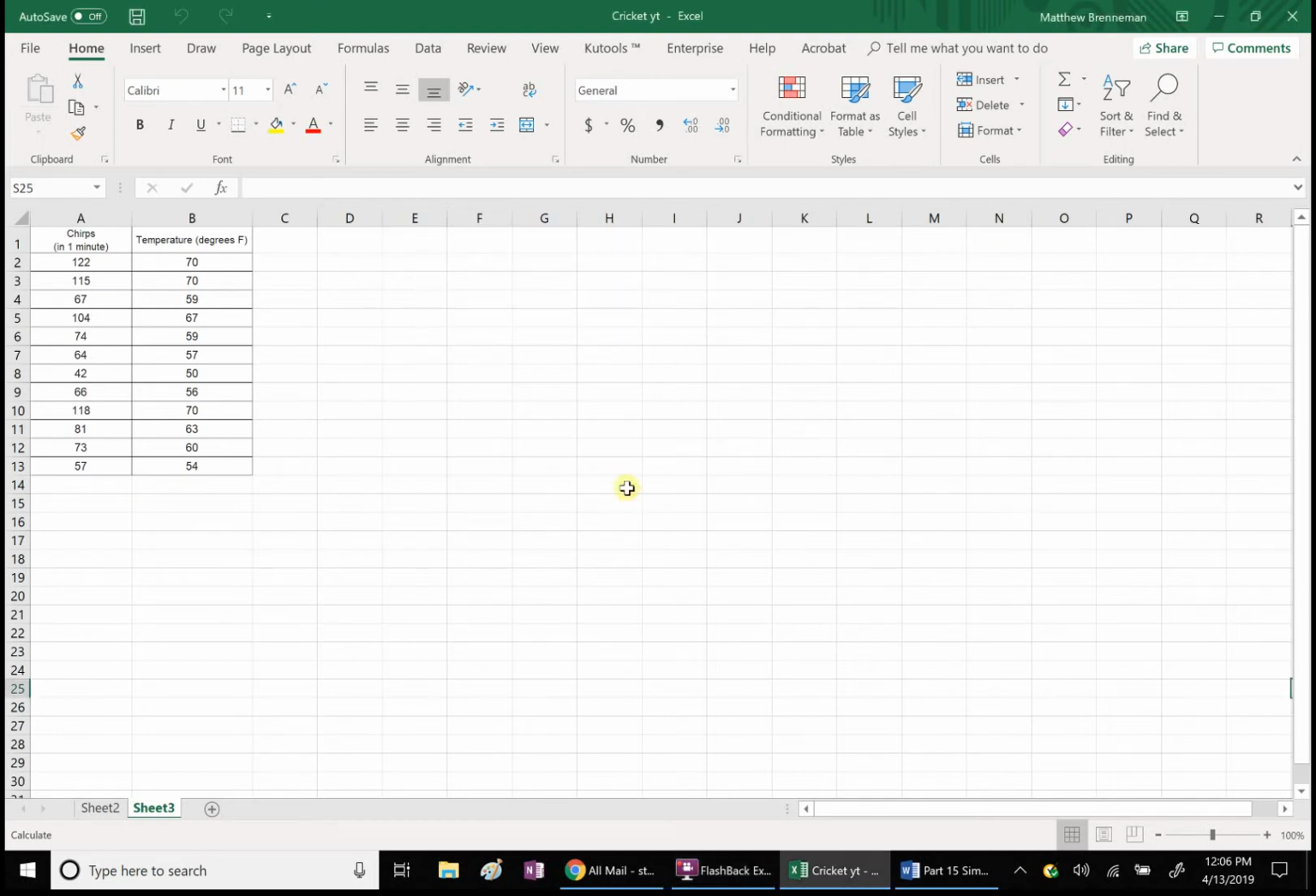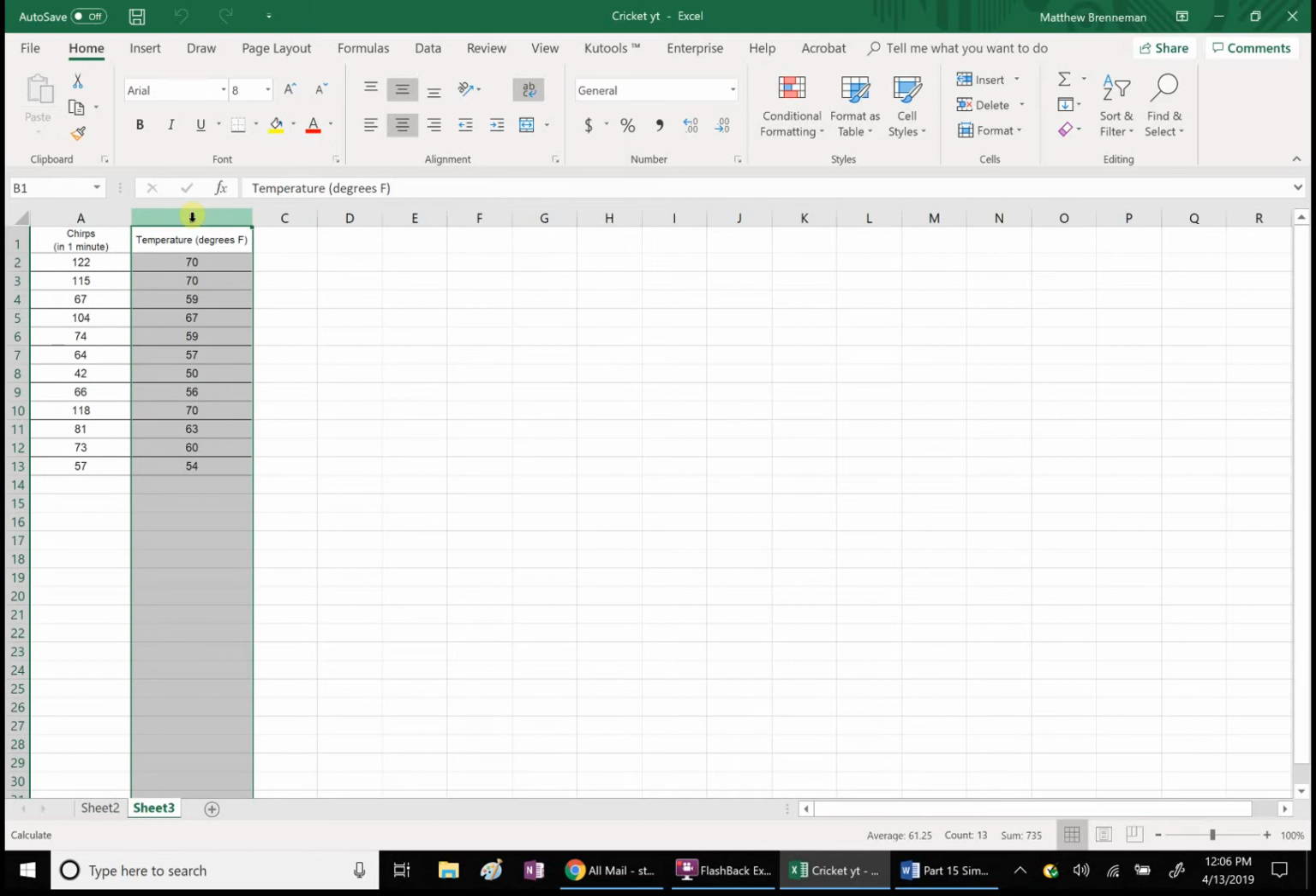So this is the first in a series of 3 videos designed to show you how to do simple linear regression in Excel. This is a data set that consists of actual data, and the data in column A is the chirps that a cricket made in 1 minute, and in column B is the temperature that was recorded for